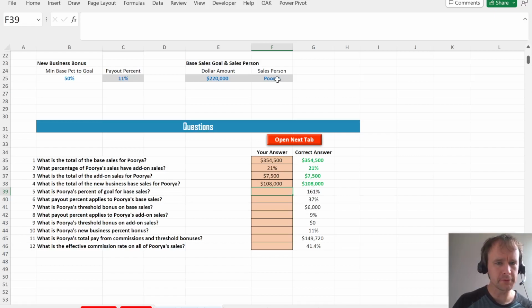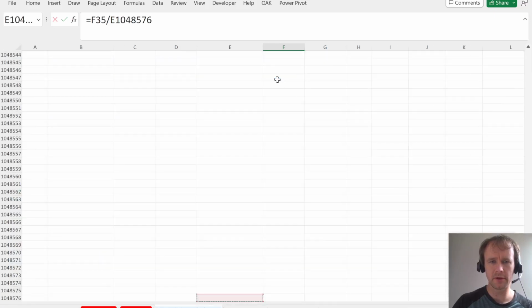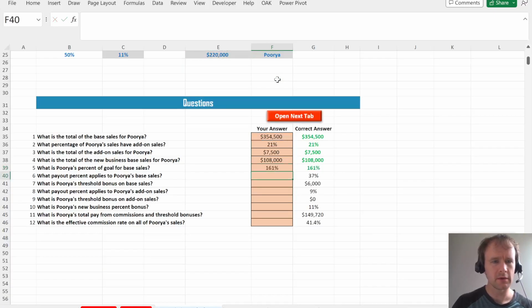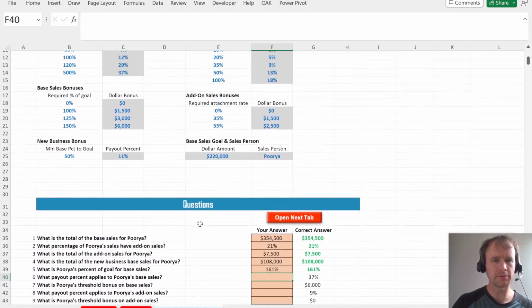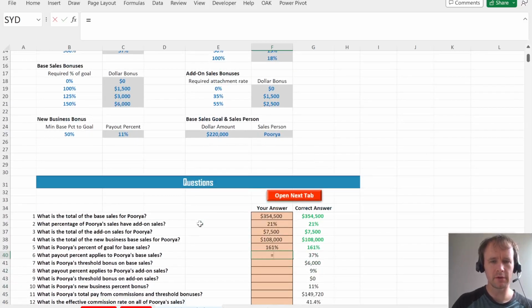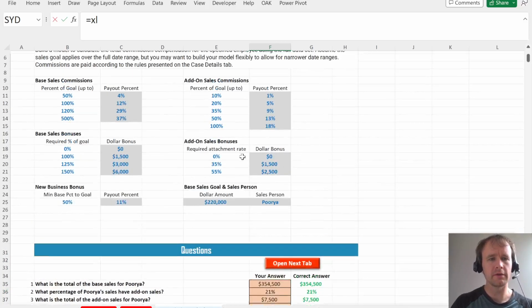Okay, what is Puria's percent of goal for base sales? So that should just be this divided by that goal. What payout percent applies to Puria's base sales? So here I'm going to use XLOOKUP. The key thing here is